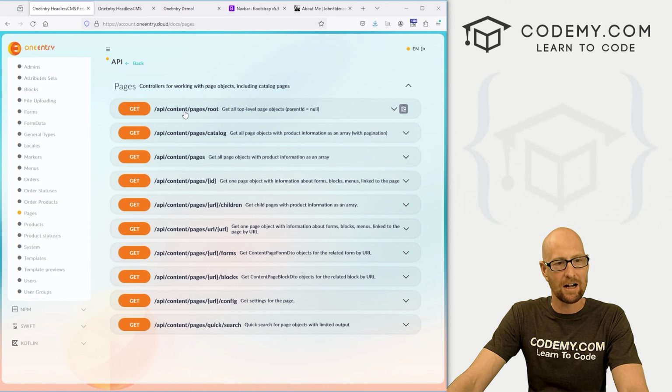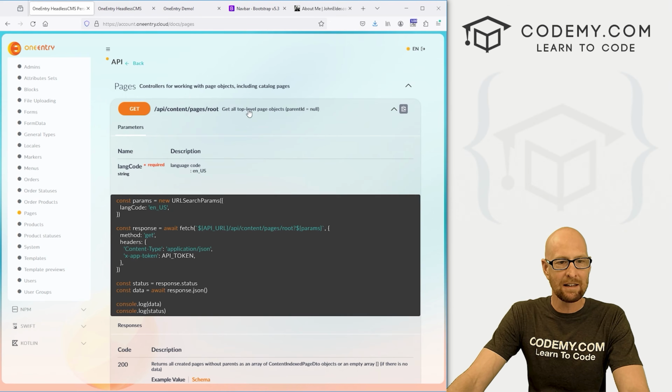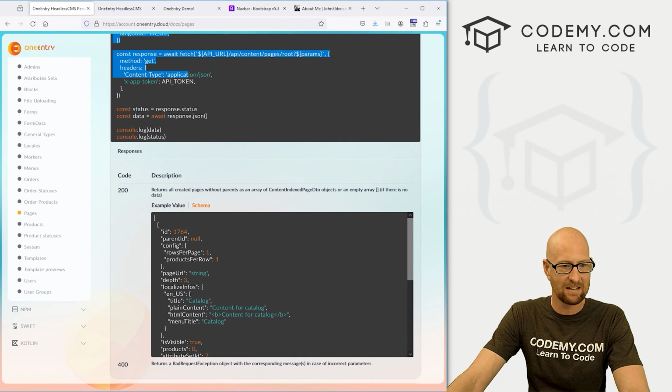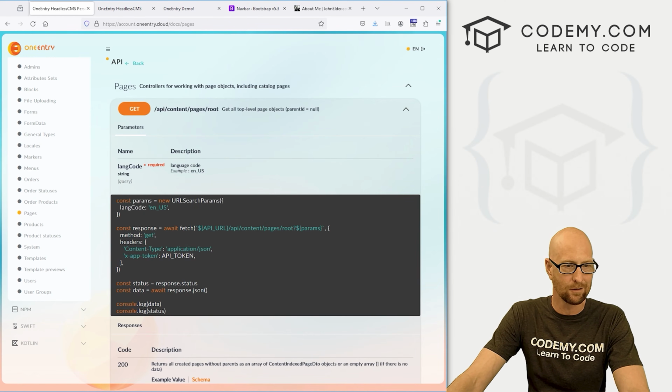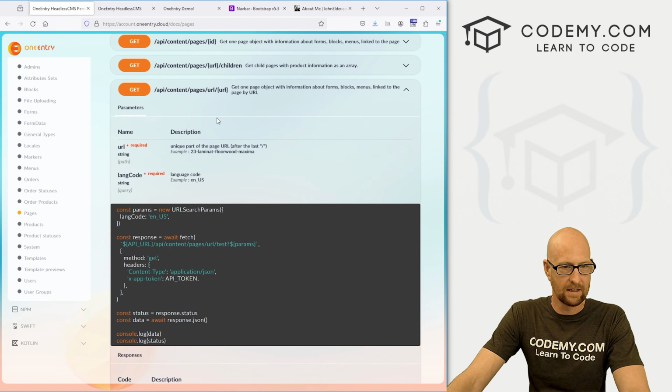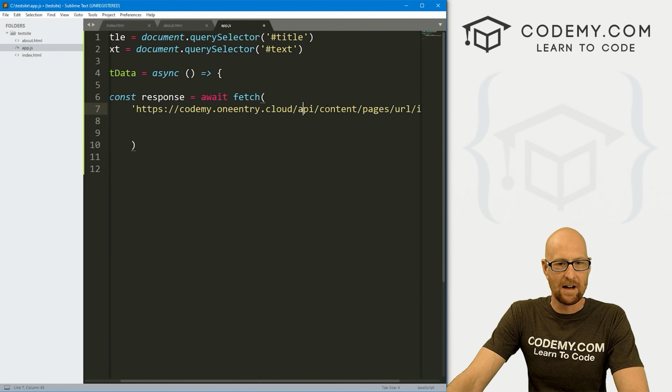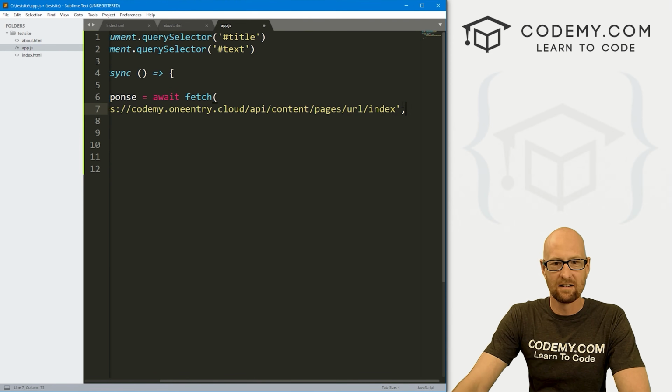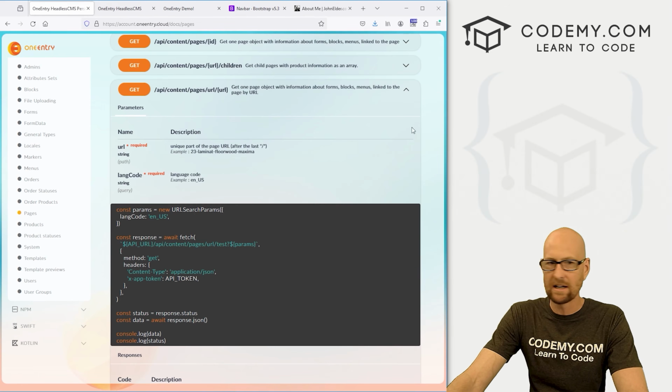You can get API/content/pages/root. And if you click on one of these, it gives you code and some description. So you can read through here and learn all about these different things. Pages catalog, we want content/pages/URL/ and then whatever the URL is. So again, that's API content pages URL/ the URL. And so we've got API content pages URL, and then the URL of index, which if we go back over